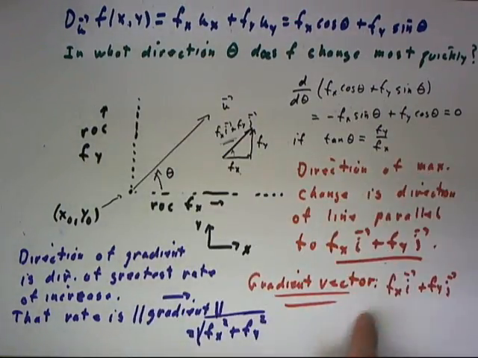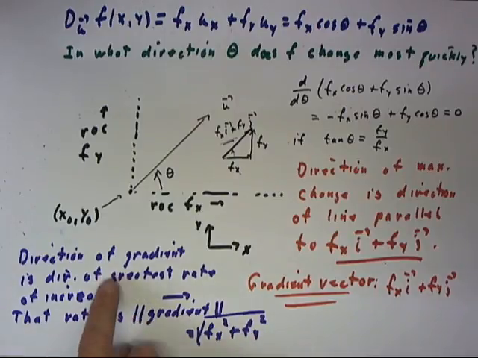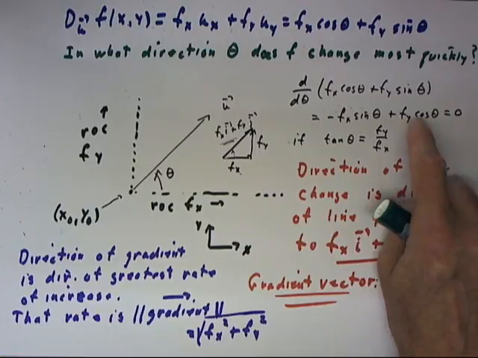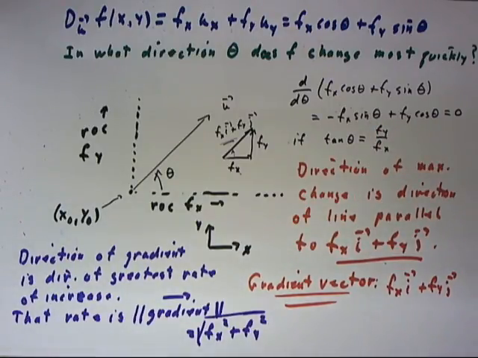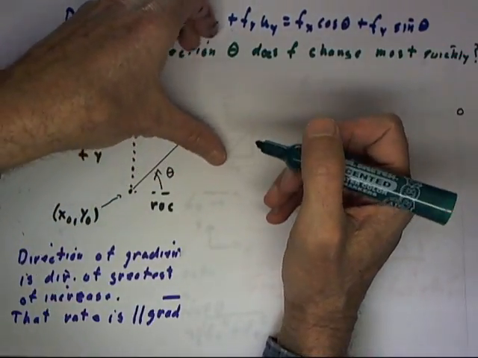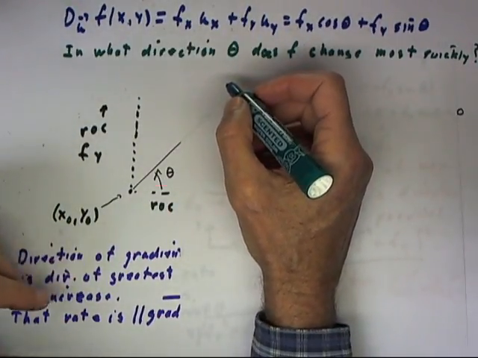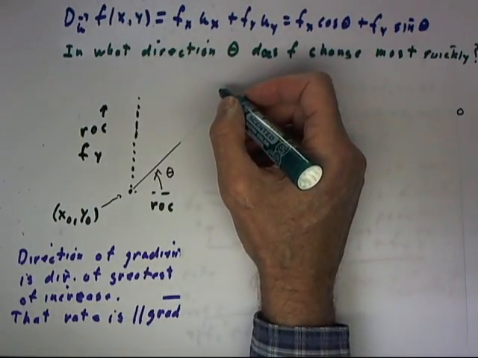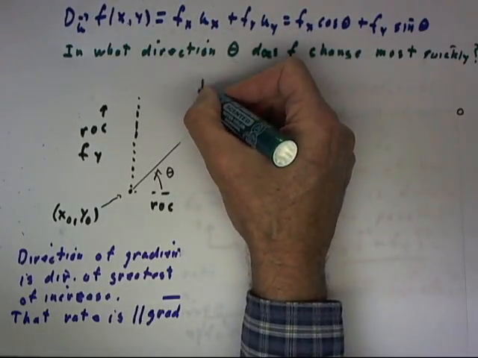Here we've indicated that these properties of the gradient vector can be proven just in terms of maximizing and minimizing the gradient function in terms of the angle theta. If we go into more than 2 dimensions, we don't have a single angle theta that defines our direction, and there's a different way of proving these properties. I'm simply going to assert right now that they do extend into 3 or more directions, so that in general,